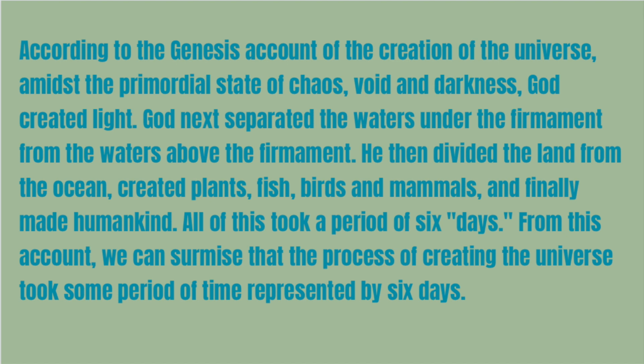God created light. God next separated the waters under the firmament from the waters above the firmament. He then divided the land from the ocean, created plants, fish, birds, mammals, and finally made humankind. All of this took a period of 6 days. From this account, we can surmise that the process of creating the universe took some period of time represented by